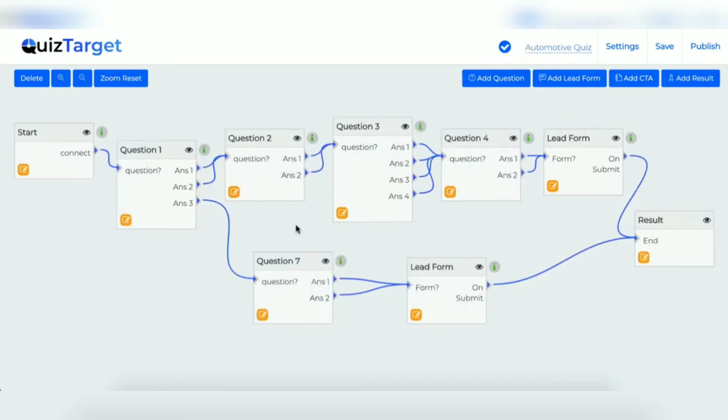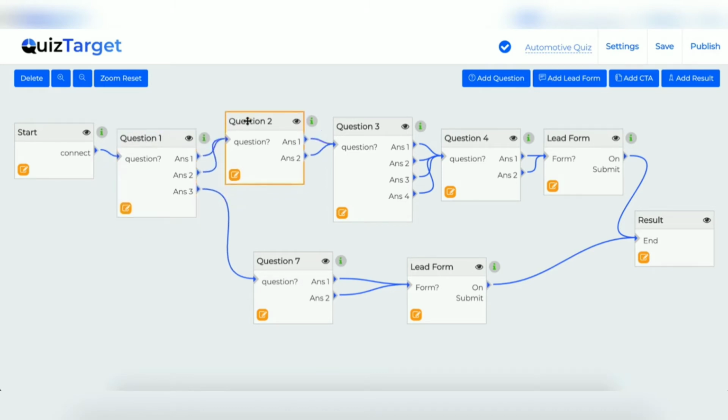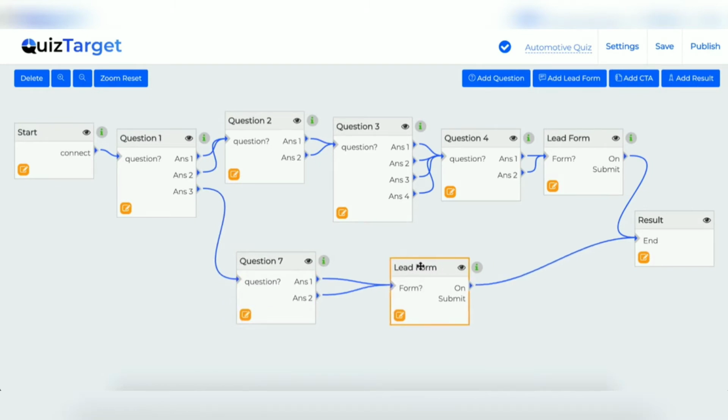To save time, I have taken a done for you quiz to explain further. As you can see, this is fully drag and drop and you can easily control the user journeys as per their answers. In here, if someone gives an answer 1 or 2 to the first question, they will be taken to question number 2. Similarly, if they select answer number 3, they will be taken to a different route in order to ask them more relevant questions and segment them in a different list altogether. You can edit this connection at any point of time.